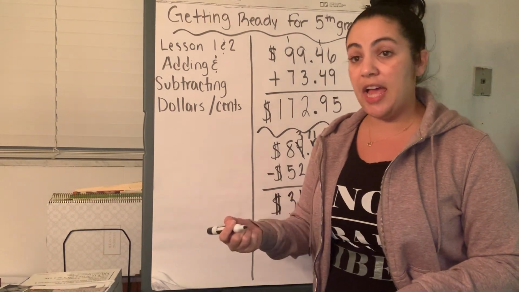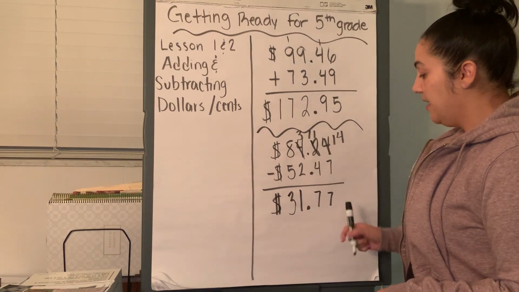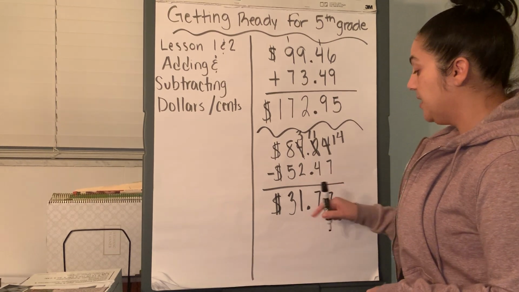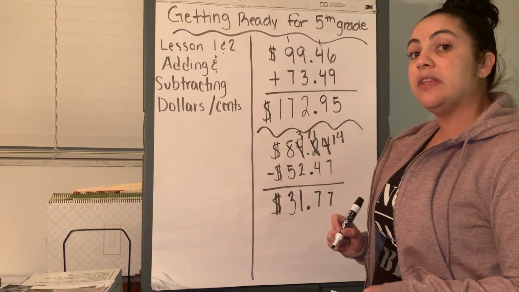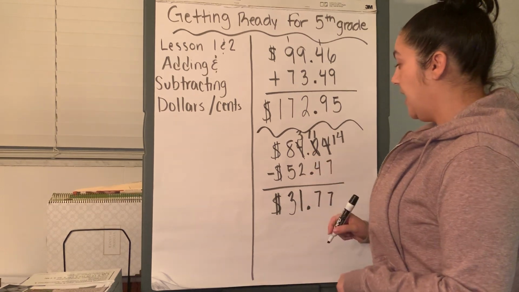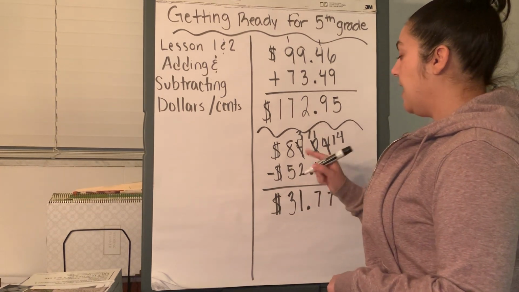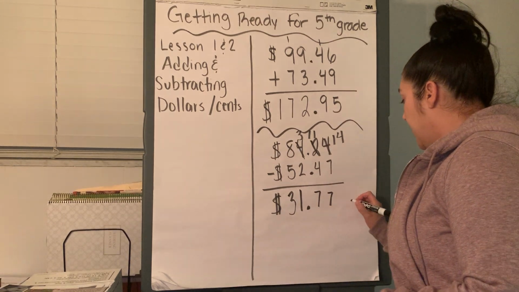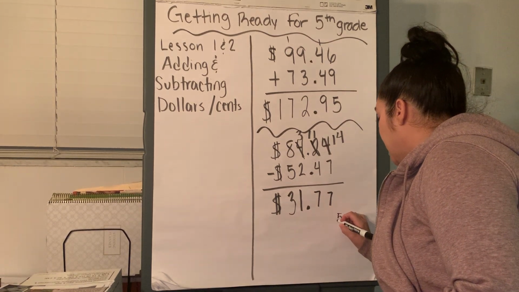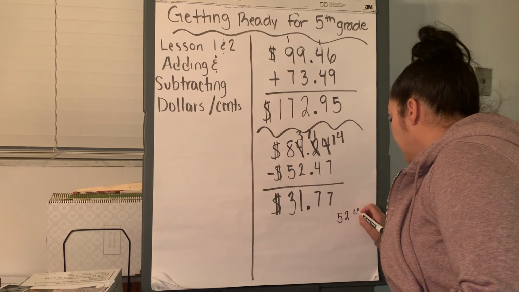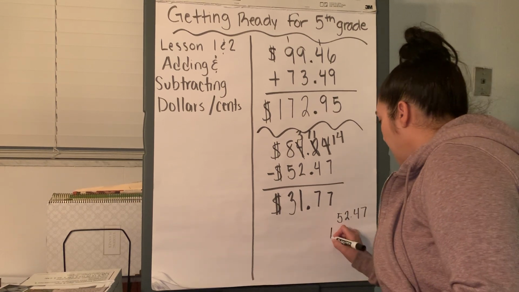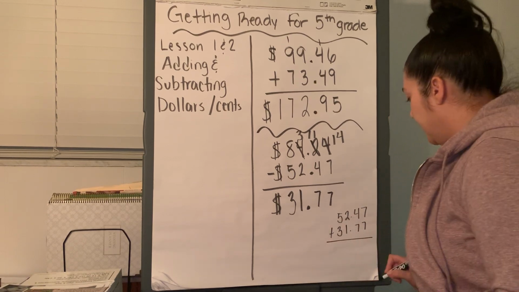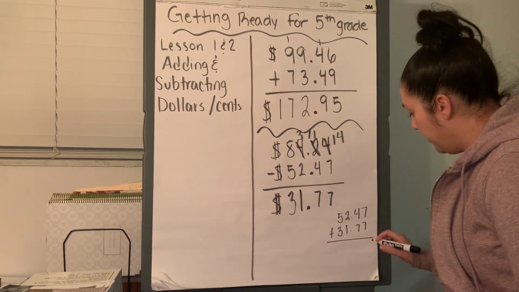Remember, if you want to check, you can go off to the side, and if you add $52.47 plus $31.77, you should get $84.24. So very small. I'm going to come to the side here, and I'm going to do just that. 52.47 plus 31.77. So here, 7 plus 7,